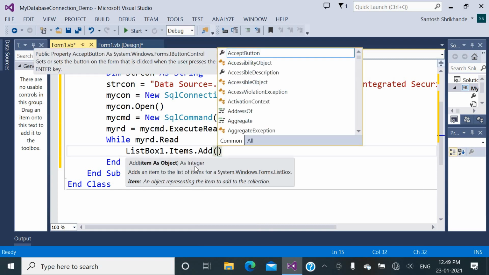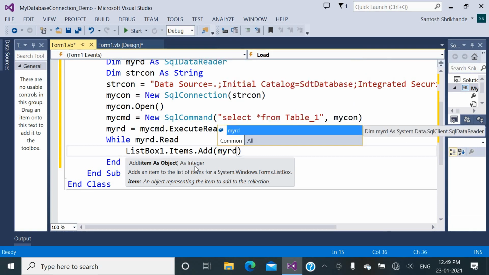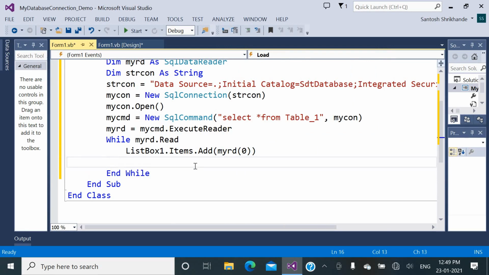Here, what we are going to add into the ListBox1 items is the first column of the first record, that is EMP ID. So myRD of 0 is the first column of the first record.